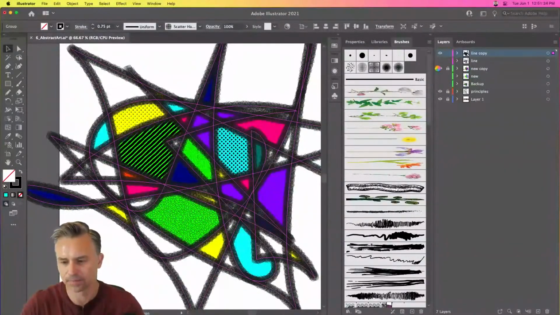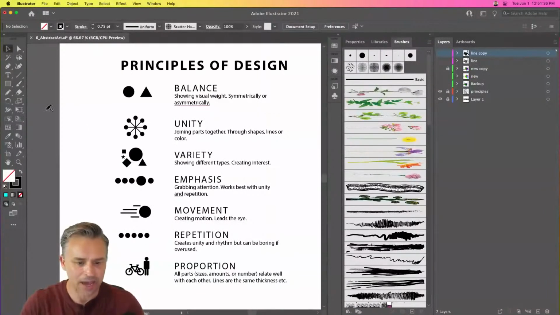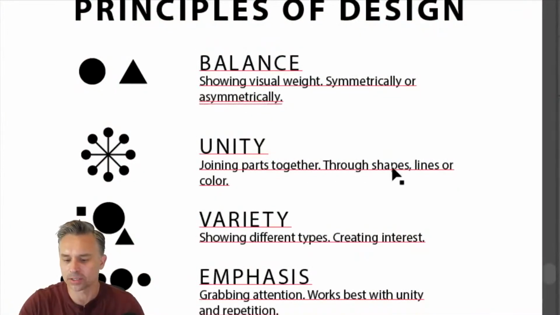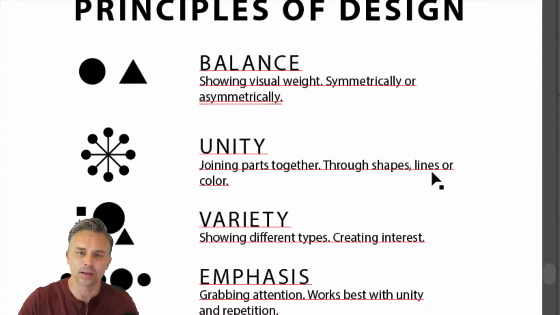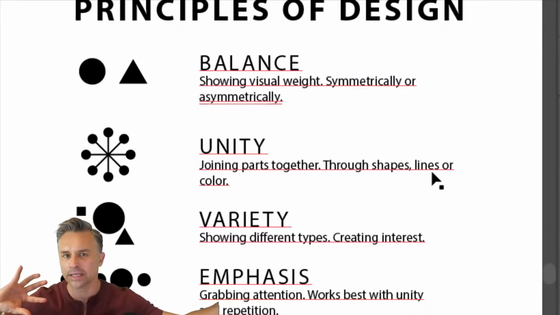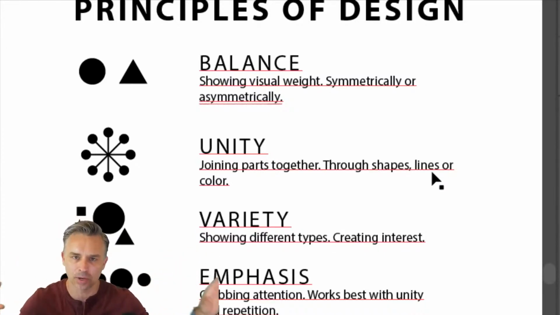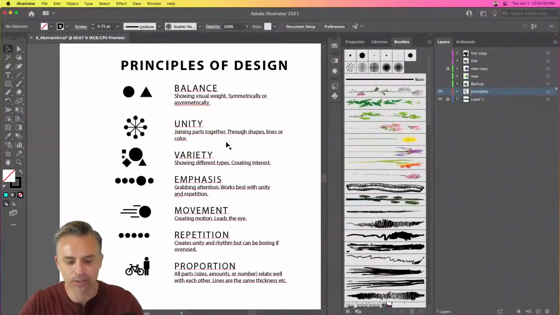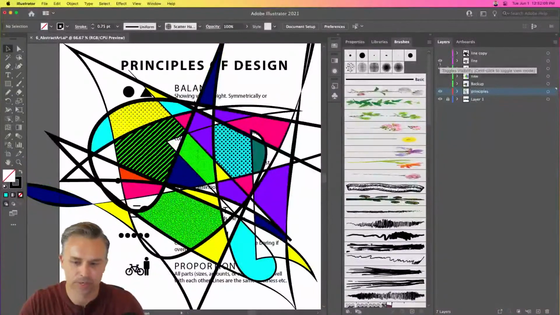Do we have any unity with the design? I think of unity almost in abstract terms as well: joining parts together through shapes, lines, or color. People make the mistake of maybe marrying a grungy style with something really clean. If you do that on purpose, great. Otherwise, it doesn't look like it has a unified design. So we're kind of breaking that unity principle, if you ask me, if we go too crazy,